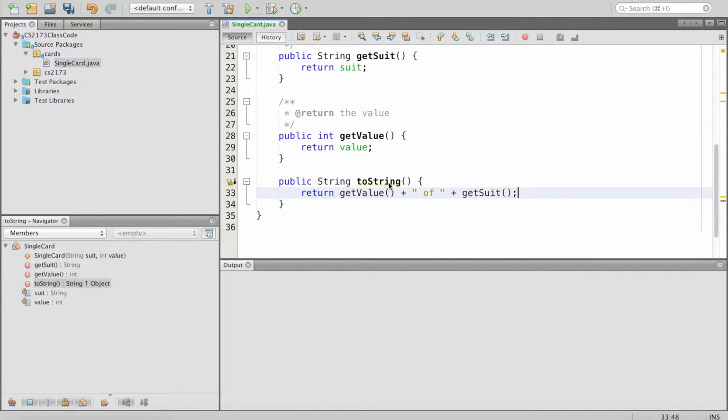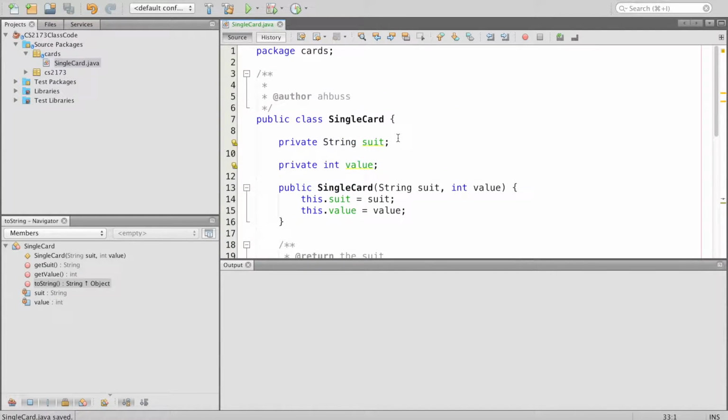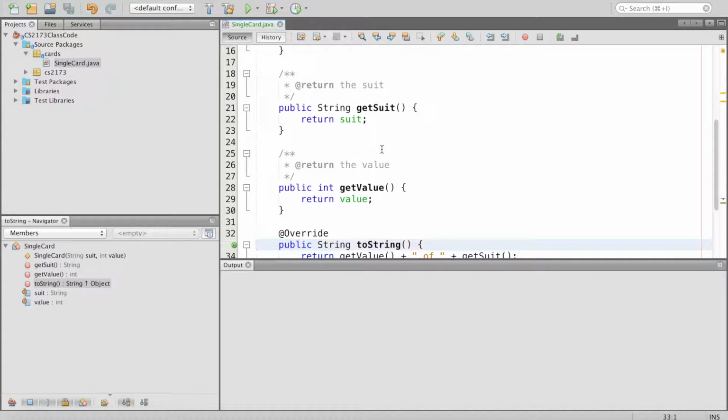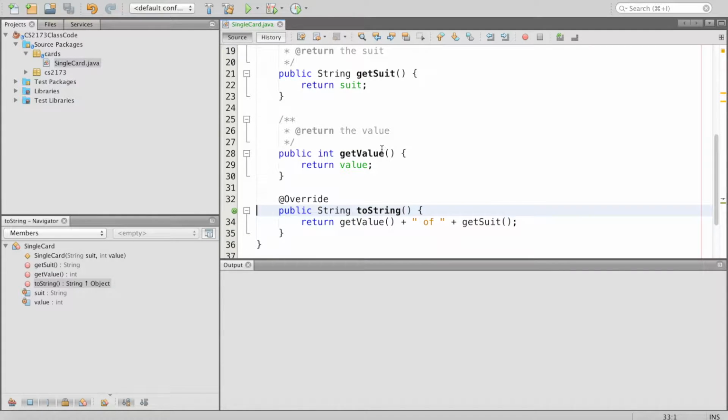So the value of the suit, and then here we're going to add an override notation because that was suggested. Override is a good idea because it tells you that a method has been overridden. Okay, so now having created the class and having it meet all the criteria that are listed in the UML